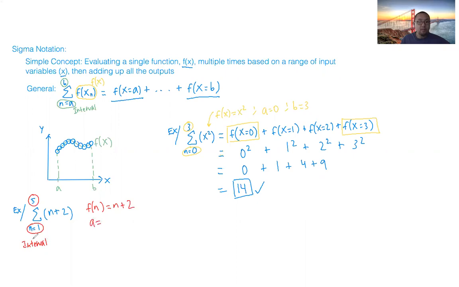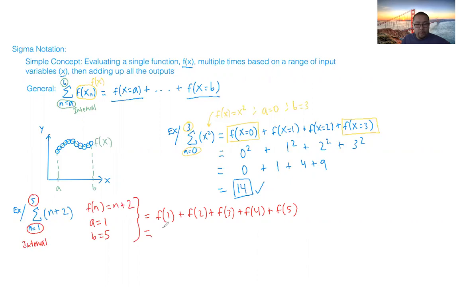The first value in our interval is 1, so we're going to start there. We're going to end at 5. And now we're going to calculate every value in between. So this is asking you to calculate the function at 1, add that to the function evaluated at 2, to the function of 3, the function at 4, and finally the function at 5, okay? And so when you simplify this, evaluating this at n is equal to 1,